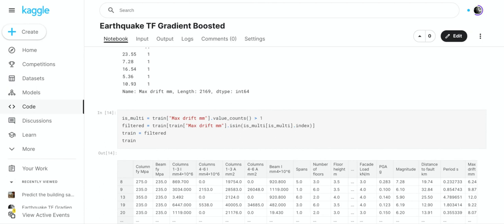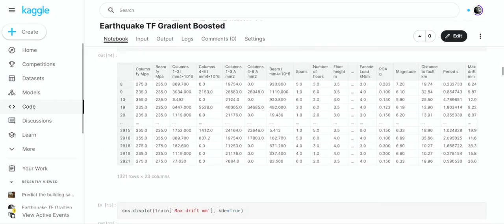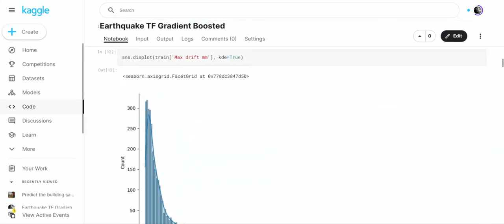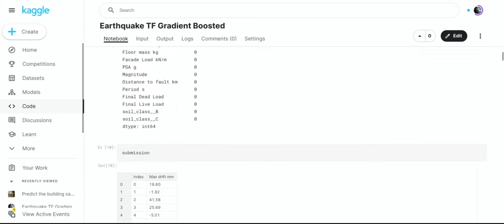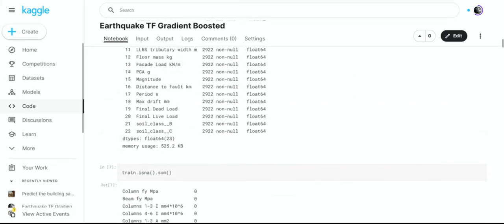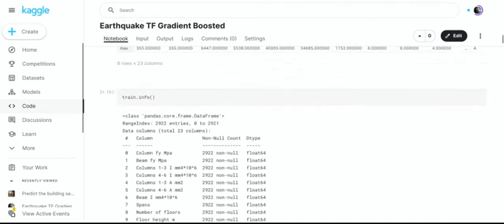So you can see here where we've removed all those rows. And now we've got 1321 rows of data after removing all of the instances where it appeared only once.